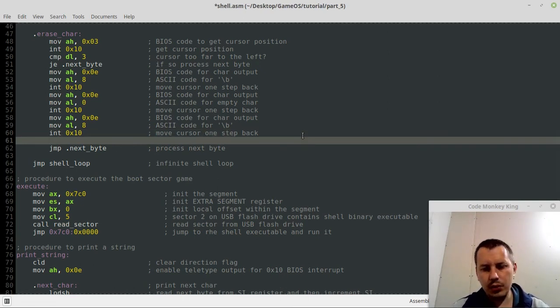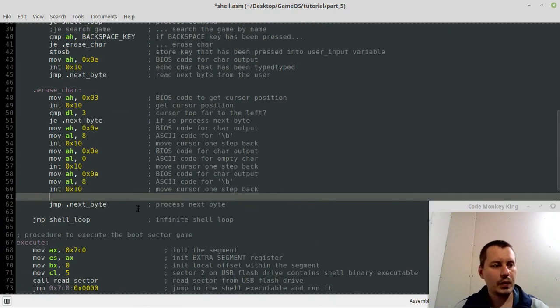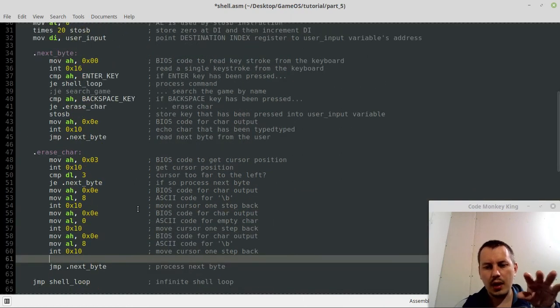Okay, so now the user input. So now the DI destination index register points to the user input, points to this kind of like memory address, no matter how many we have here, it just points there. So we want to, where the destination index points to, we want to set 0 there, right? But not exactly there, but in the previous position. And the technique is very similar to what we've been doing